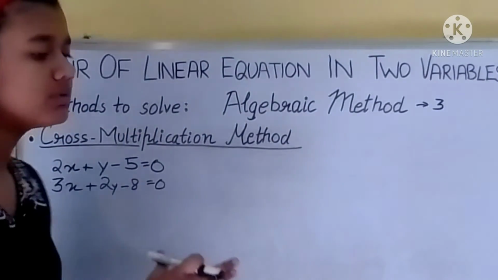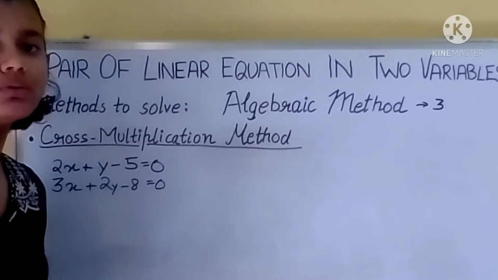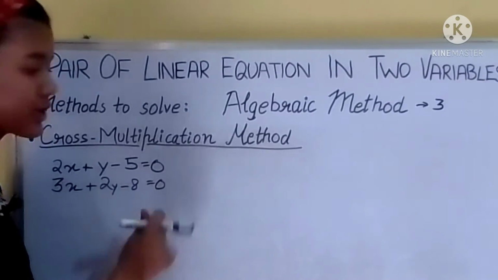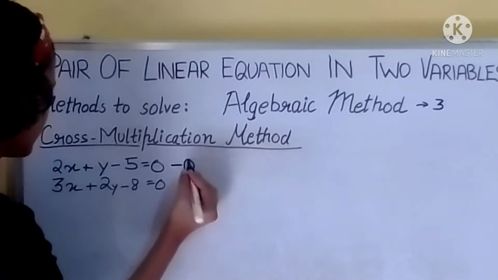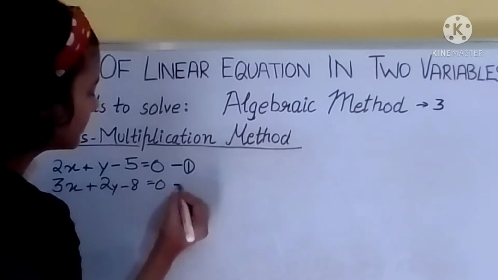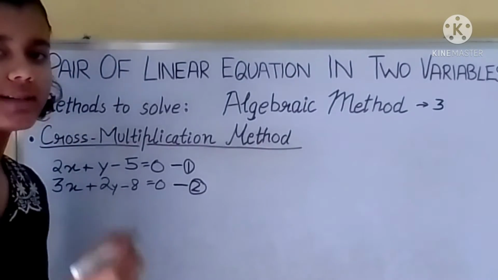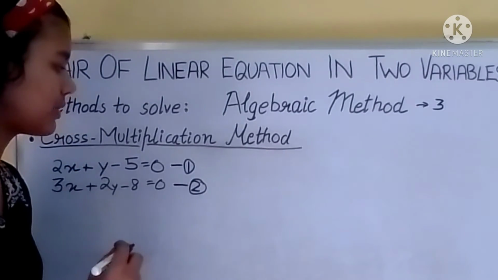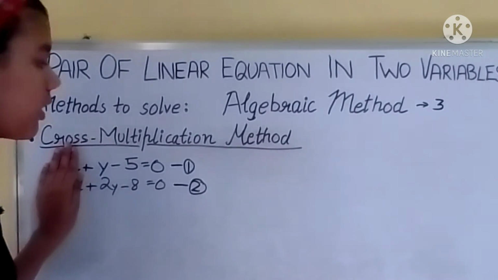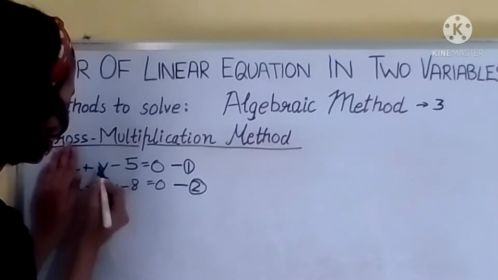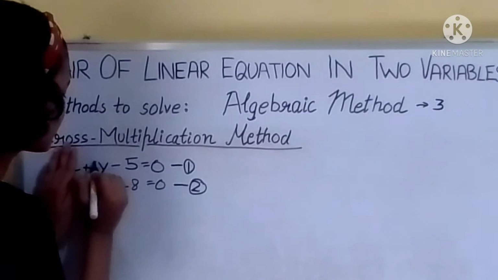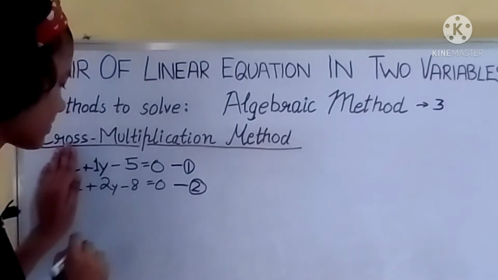Okay, so in this it comes to your mind that we have to cross multiply something. Okay, so here we have to do cross multiplication in the first equation, that is 2x plus y minus 5 is equal to 0, and then the second equation, that is 3x plus 2y minus 8 is equal to 0. Now we will hide this term. Okay, we will hide the term of x and then we will multiply the coefficients of y and then the constant term. So the coefficient of y is 1. Okay, because there is no coefficient written, so 1 is the coefficient.